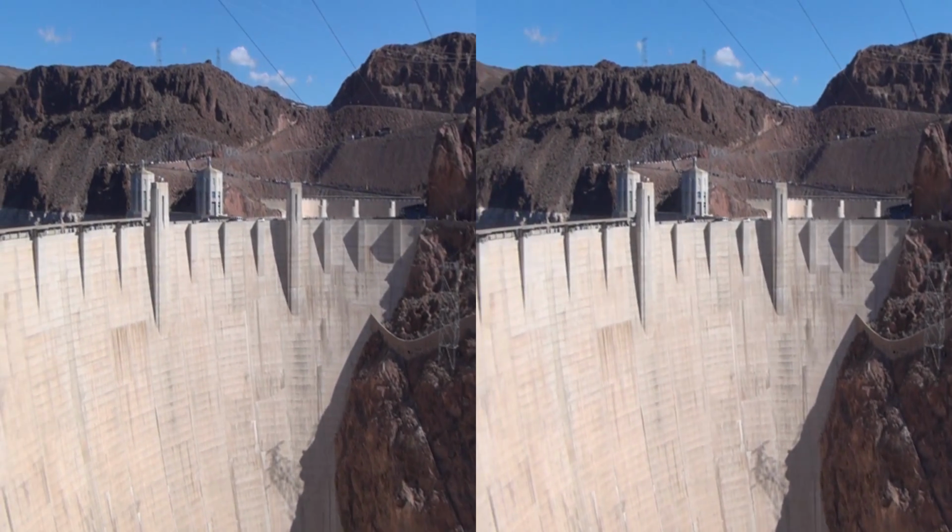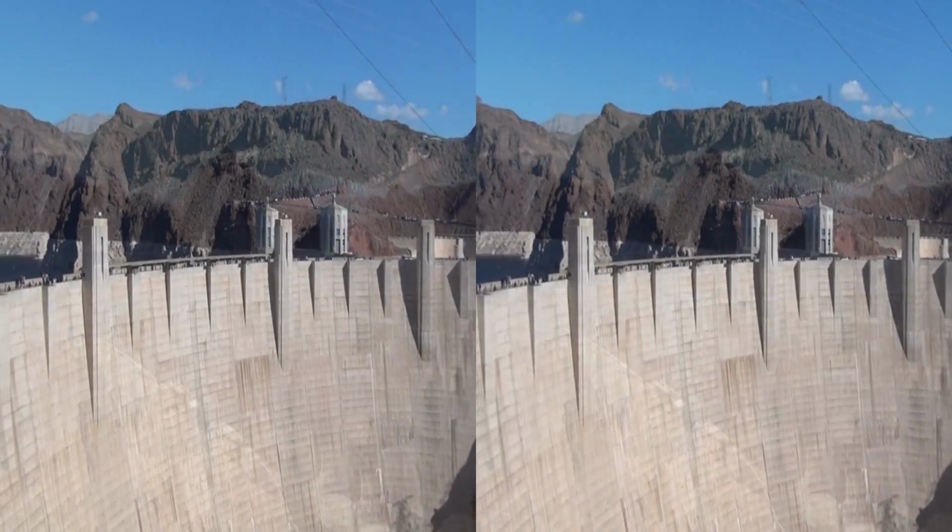You'll notice the roofs on both buildings appear to have wires coming out of them. This is called